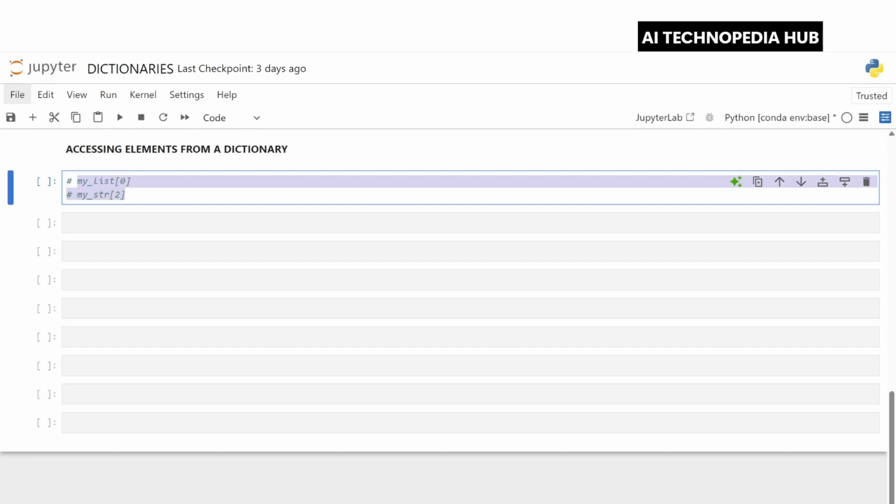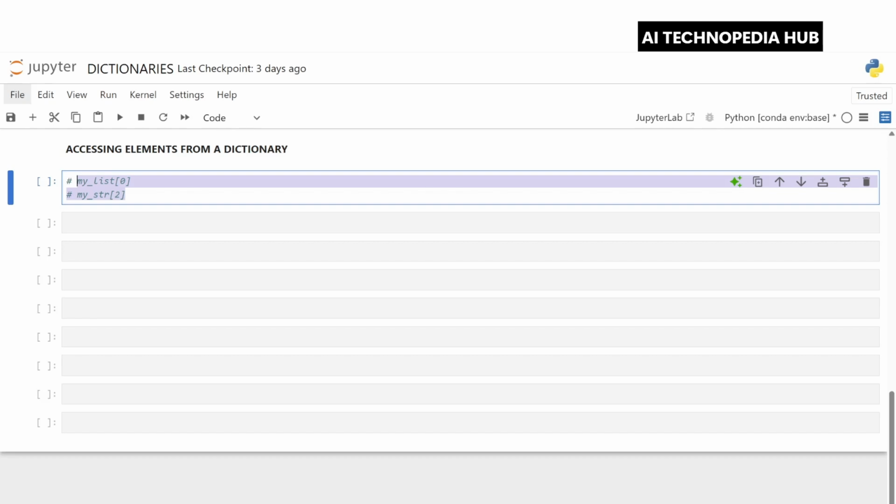But in dictionaries, we don't use position numbers or index values. We use something known as keys to access the values directly. Keys act like labels. Instead of index positions, we access values by using key names. You can use keys either in square brackets, like dictionary and you pass the key, or by using the dot get method to fetch the value. Both my_dictionary[key], if you're passing the key, and my_dictionary.get(key), in which we are passing the key, return the same value unless the key is missing.